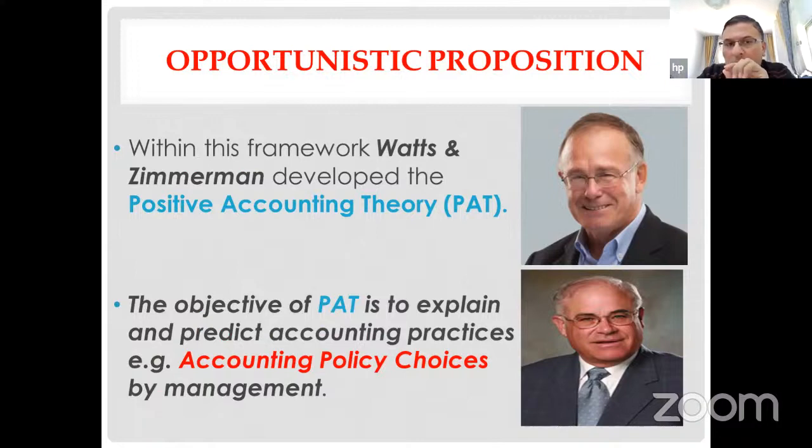It is a situation where managers choose among the alternatives of accounting policies to achieve some goals. In general, these goals might not help other stakeholders or shareholders. In general, these goals help managers achieve their utilities or benefits. So under this situation, the opportunistic use of accounting policies or methods, they developed